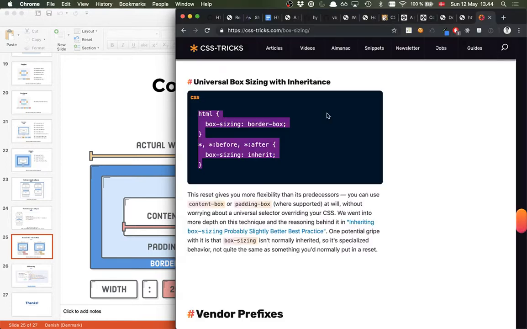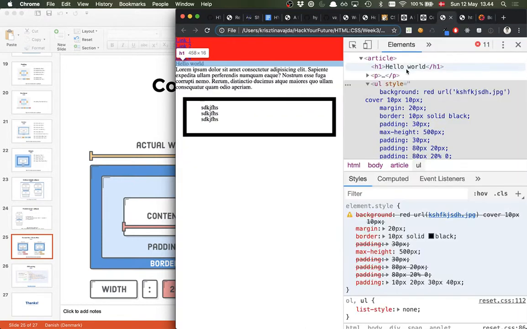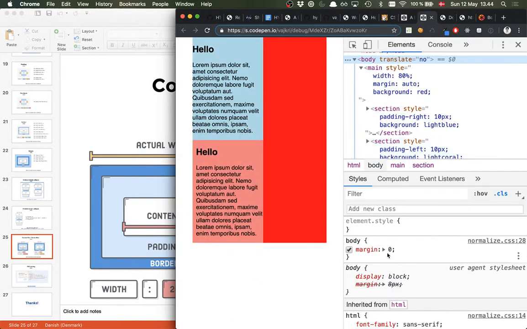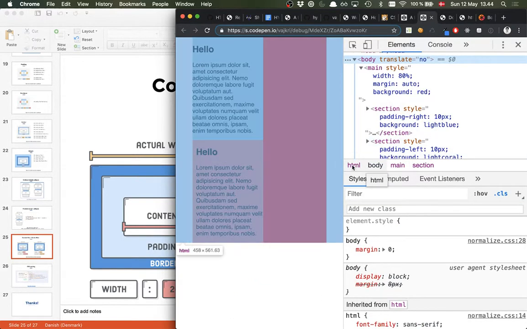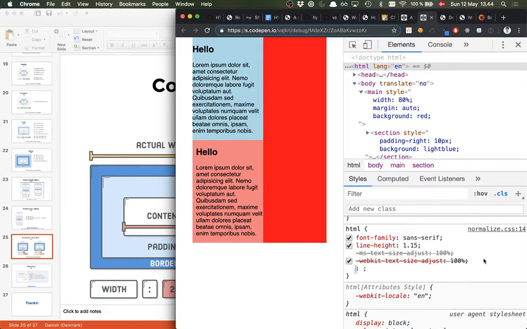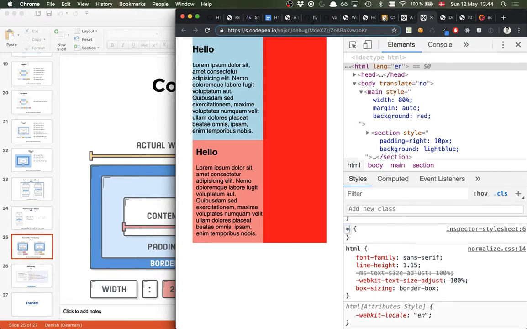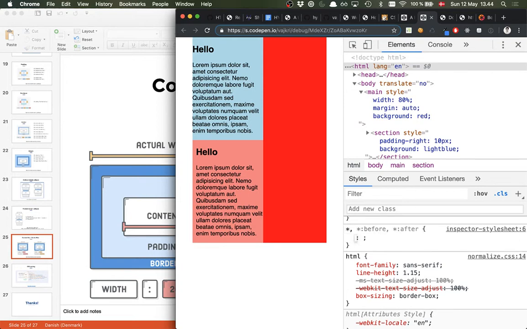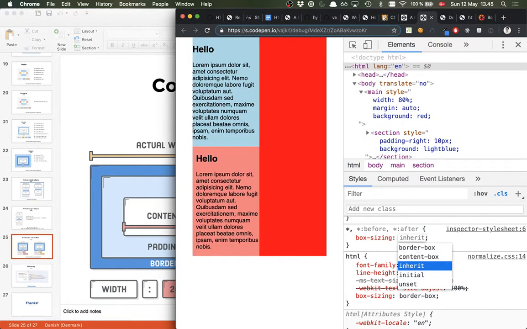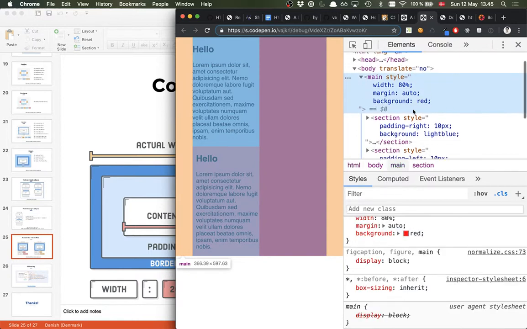So let's just try to paste that in here. So if we say the HTML should be box sizing border box, and then I'll make a new selector, which is everything before, everything after should be box sizing. What was that? Can you remember? Inherit, yeah. Inherit. And then,